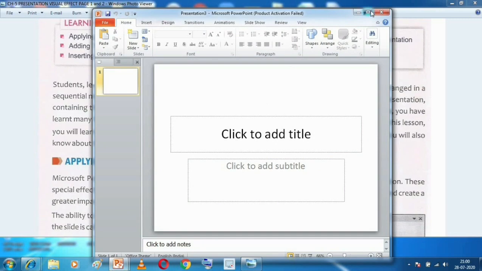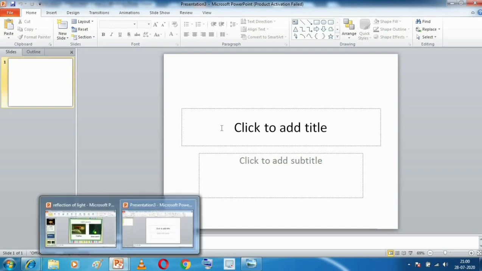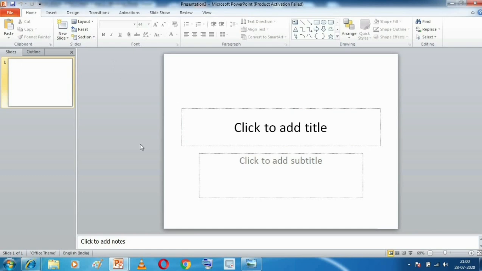So this is my PowerPoint. This is how the PowerPoint window will open for the first time. Now see, this contains only one slide. Yes or no? This is the slide. Only one slide is there and inside that slide also nothing is written, everything is blank. It's just written click to add title, click to add subtitle. So we'll talk about this later on. First, I've shown you how to open the PowerPoint.